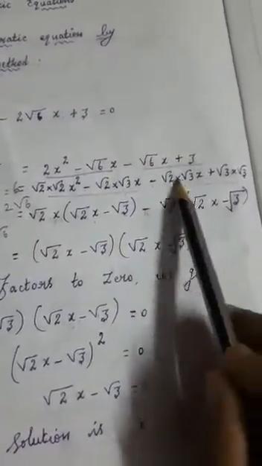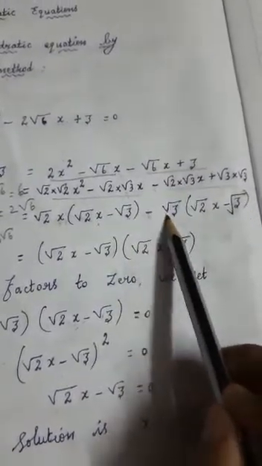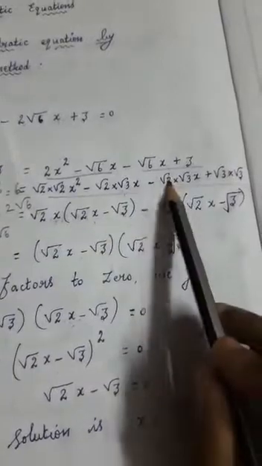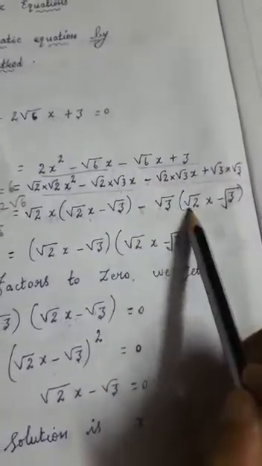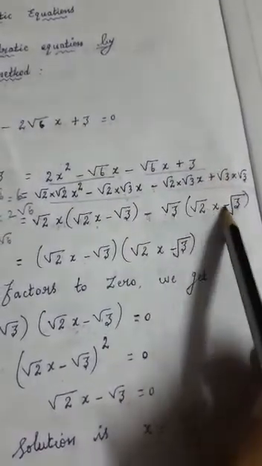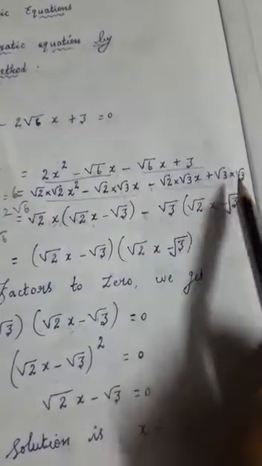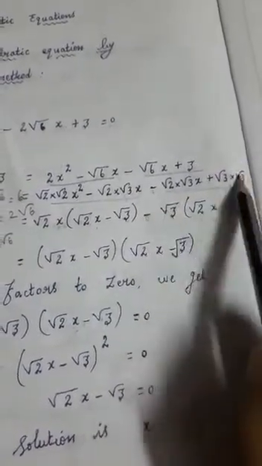So now the first term, minus root 2 we have taken, minus root 3 we have taken outside. So inside part what will come? Plus root 2 x will come. Okay, this minus part will come plus, because minus already we have taken outside. So this plus part will become minus, because minus we have taken outside. So the next one, the second part, 1 root 3 we have taken outside, so the remaining 1 root 3 will come.